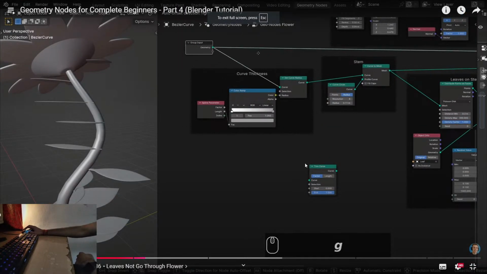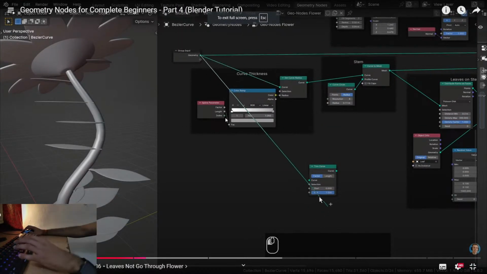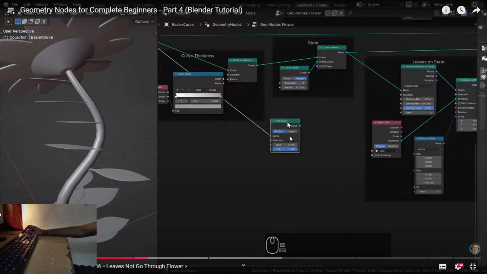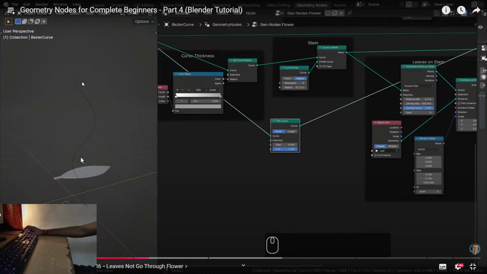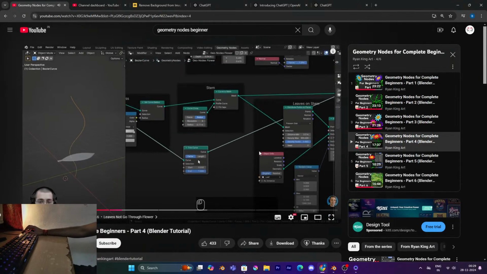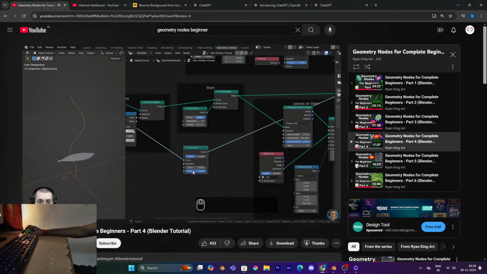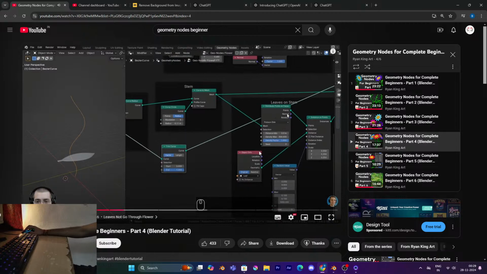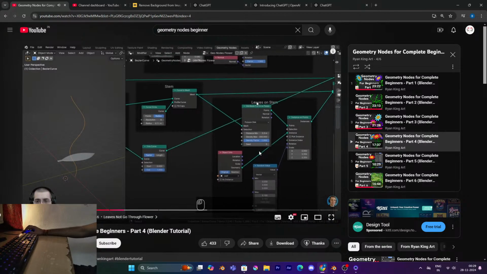And then we want to take the original curve data, which is this, and stick this into the curve of the trim curve. Then let's Shift Alt and select the trim curve. You can see there is our curve that we started with, and there's a start and an end value. If I want this to end sooner, I can turn that down, or I can turn this up. So I'm going to use the trim curve to cut back the curve, and make it end sooner, and then we will put that into the distribute points on faces right here on the leaves on stem, and that way they won't be distributed up here, they'll just be distributed